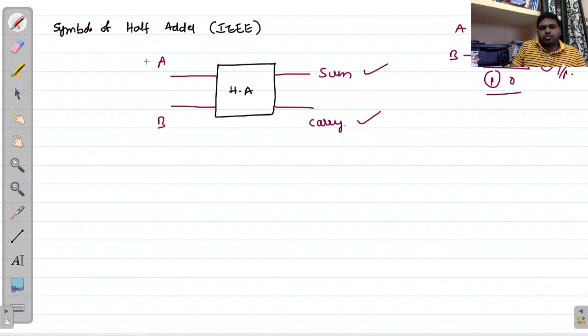First I will take these 2 input variables, A and B here. 2 input variables means what? We can expect 4 combinations: 0 0, 0 1, 1 0, 1 1. Just I am indicating here 0 0, this is one possibility, 0 1, 1 0